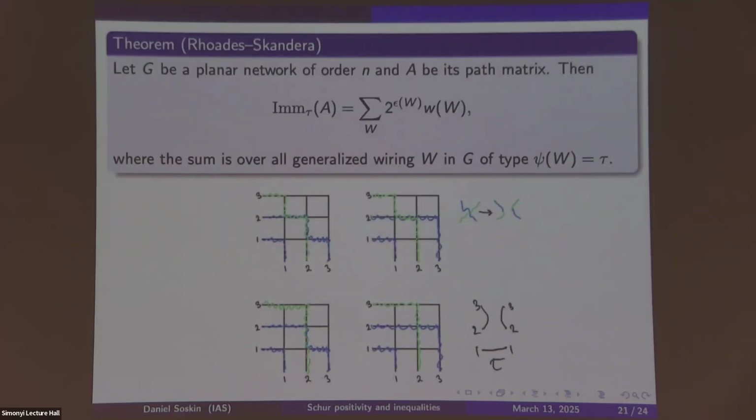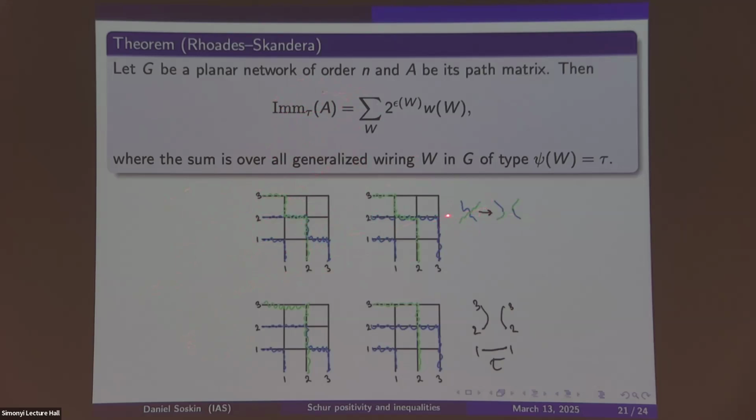And there is an analogous theorem for temperley-lieb immanants. So let's say if you have a path matrix, we can tell what is the immanant for a fixed diagram tau evaluated on this path matrix. It's very similar to Lindström lemma, except now we take the sum not over non-crossing path families, but over possibly crossing families, such that